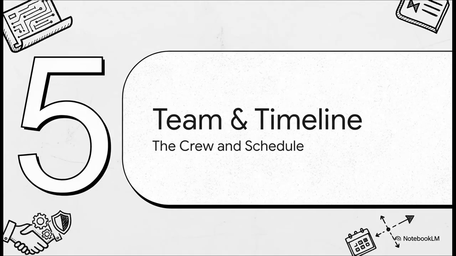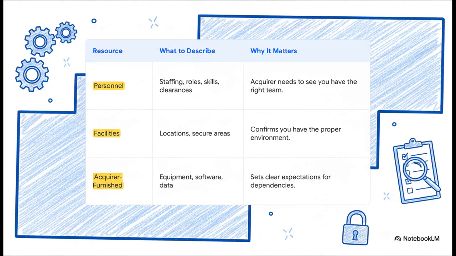A beautiful blueprint doesn't mean much if you don't have a skilled crew and a realistic schedule. So this final planning section is all about the who, the where, and the when. The SDP makes you lay out a complete inventory of your resources. You've got to list your staffing, their skills, even their security clearances, all to prove you've got the A-team. You specify the facilities, and, this is critical, you list everything you need from them, from the acquirer, to get the job done. This one little step can save a project because it stops any finger-pointing later by setting expectations